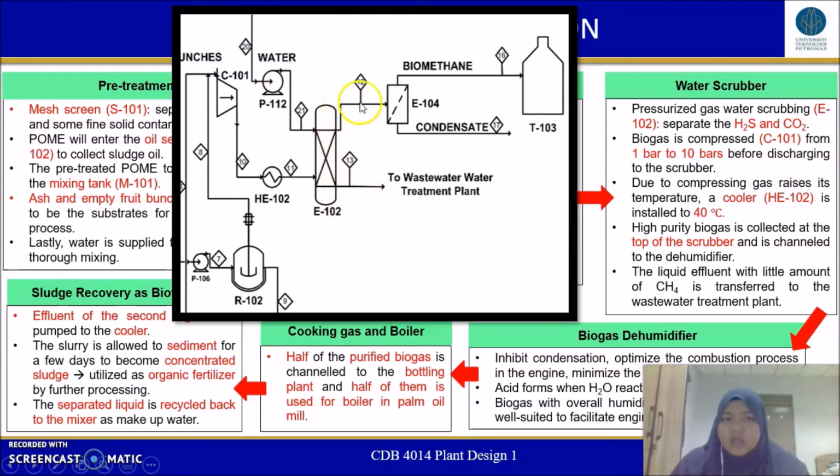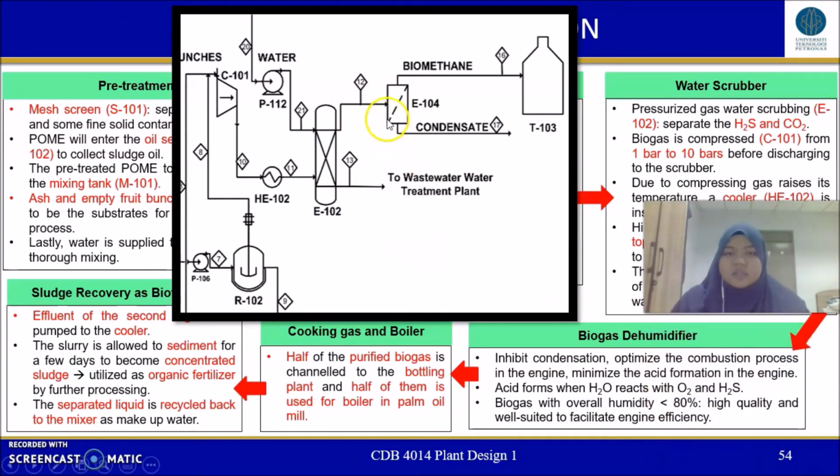The high purity biogas is then inserted into the biogas dehumidifier, where it will remove some of the humidity inside the biogas, because humidity can further cause condensation. Removing it further optimizes the combustion process in the engine, which will minimize the acid formation. The acid can be formed when the water reacts with any oxygen or hydrogen sulfide. So this biogas will have overall humidity of less than 80%, which means it will have high quality and be well